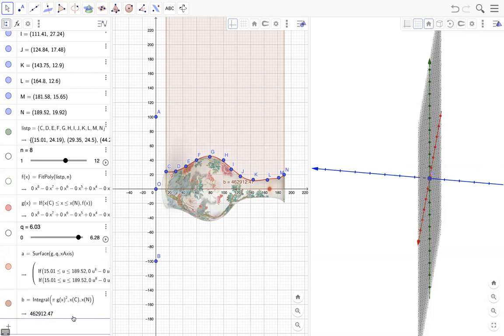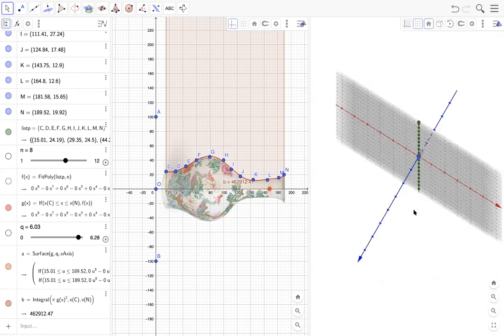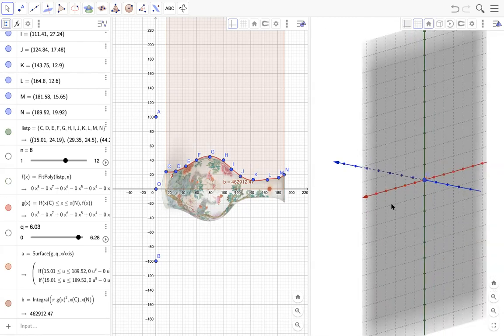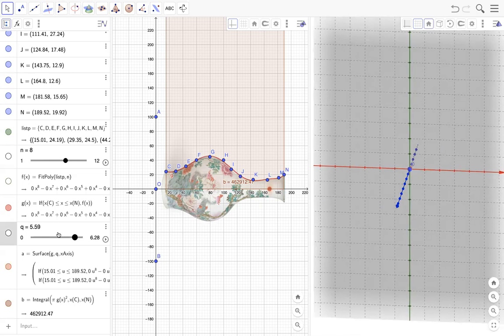So the surface area is actually something like this, 462,912 units square. So basically, if you know the length of your vase, let's say it's 180 something, maybe in centimeters, then this is going to be the area or the volume of the vase or the object in centimeters square. I still cannot see the function. I should be able to see the rotation here. You can see it.